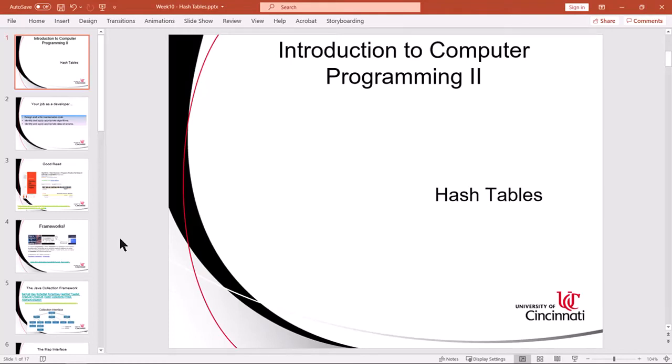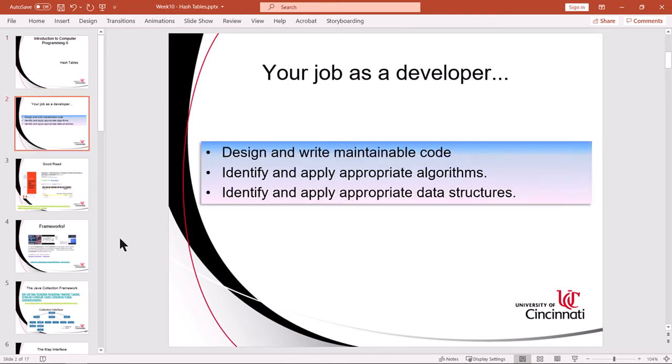In this video, we discuss hash tables and generally the topic of managing more complex data in Java. Some of the important things that you are responsible for as a developer are designing and writing maintainable code, meaning at the function level or the module level or even the variable level, writing code that others can understand and that you can understand, code that can be maintained and edited and extended and reused at a later date, and